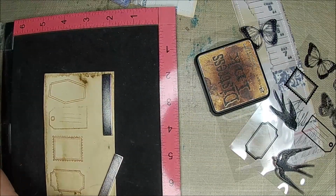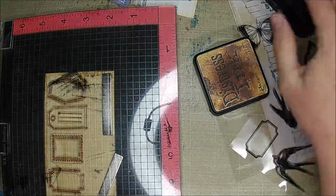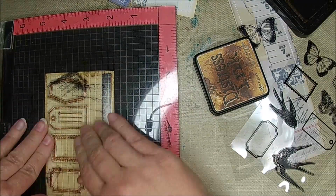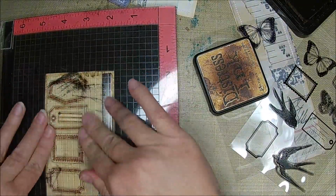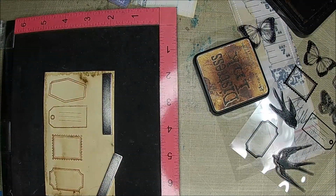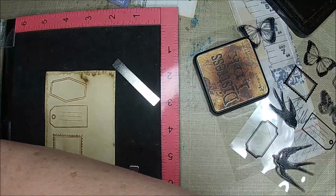I really need a new one of these, I think. It's really getting hairy and stuff. Let it sit just a little bit longer so the ink has a good time to transfer. And that looks pretty good. And then what I'm going to do is go ahead and